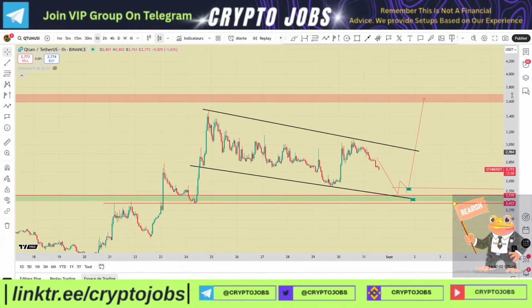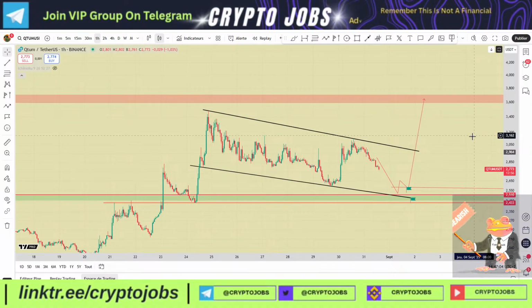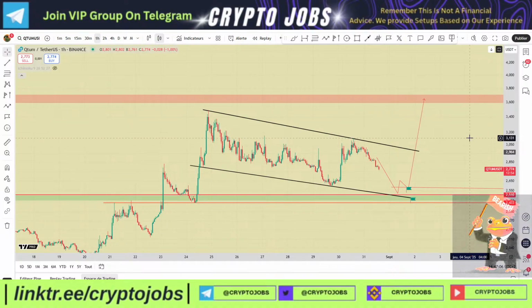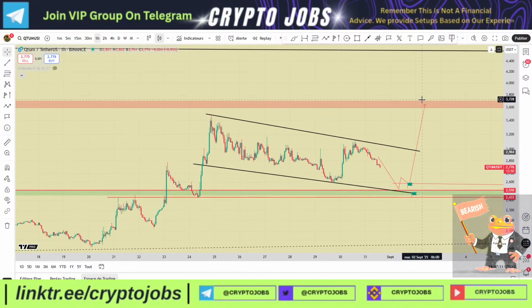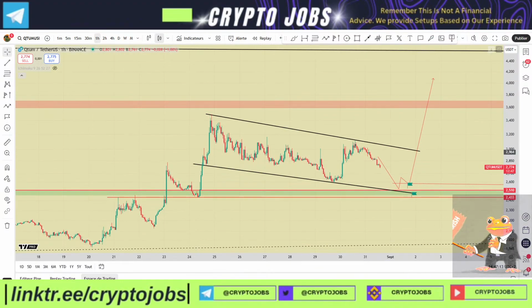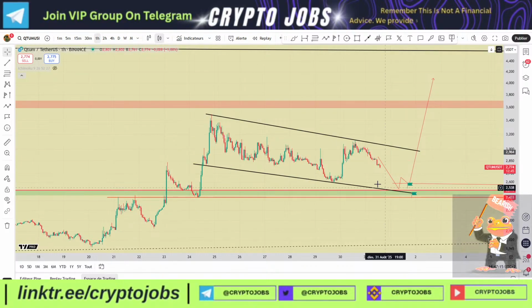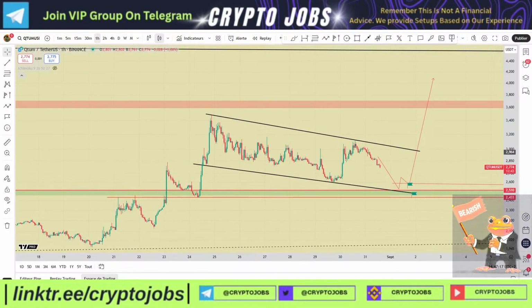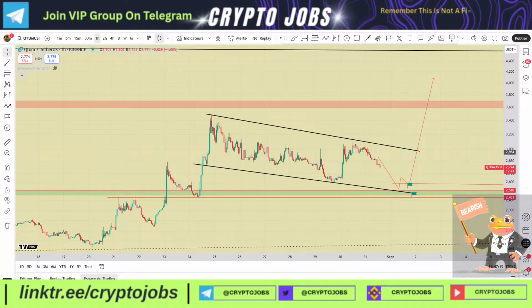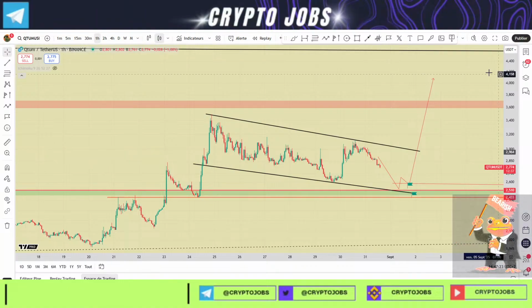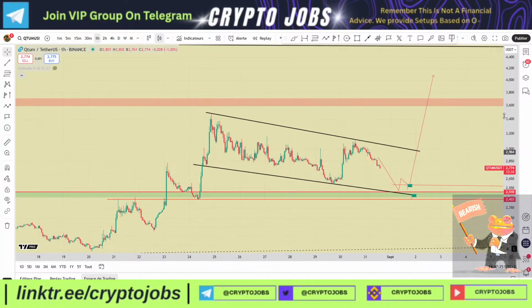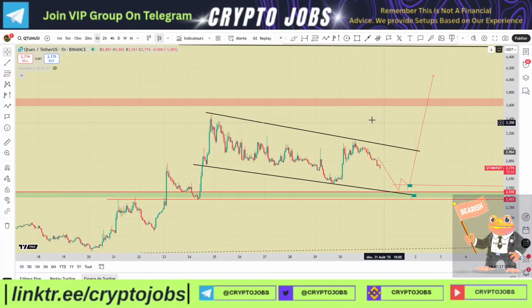Solid project. Market cap around 300 million, not so high. Pump potential remains very high for the medium term, but short term looks like we are going to follow this kind of channel. So my yesterday's setup got invalidated for the short term, but the medium term can be valid. So if you did a spot, you could DCA, in my opinion,